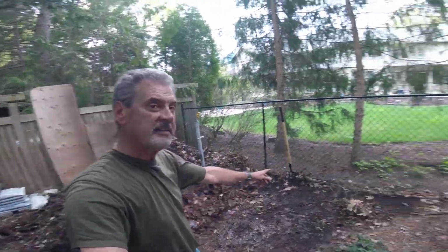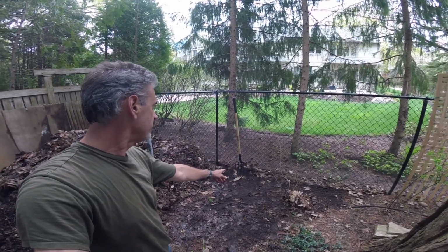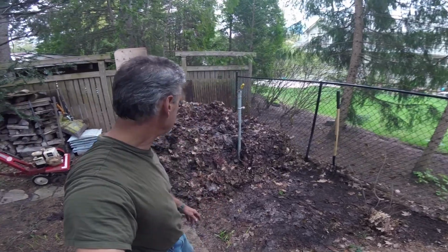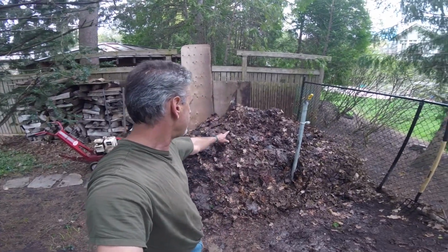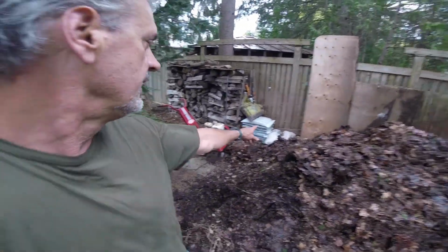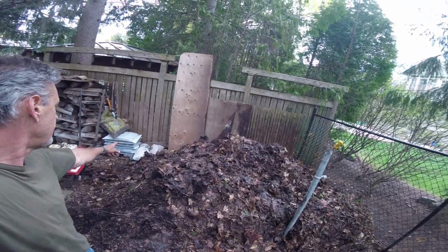Okay, we've taken the leaf pile that was from the pool cover, none of it ground up, and put it on the top. Man, we've got a pile here, and what we're gonna do next is I've got those bags of sawdust there, and that sawdust